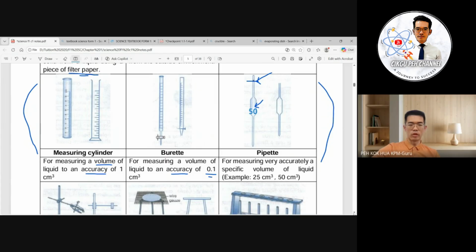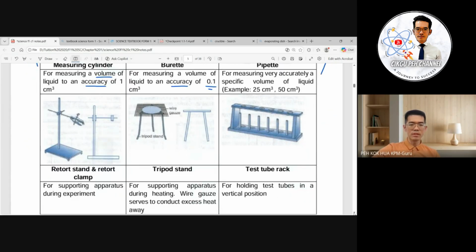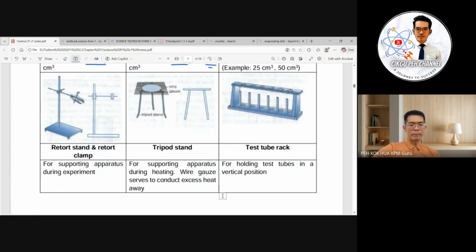So these three different types of apparatus, you need to take note. Okay, then we go for the next. Retort stand and retort clamp. So stand is referring to this one. You can see we have a rectangular base. This is a stand. Then we have a clamp for holding the apparatus. So the purpose is for supporting apparatus during experiment，所以它是用来支撑我们的 apparatus 用具。